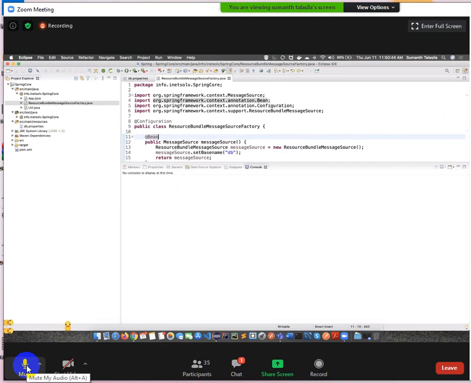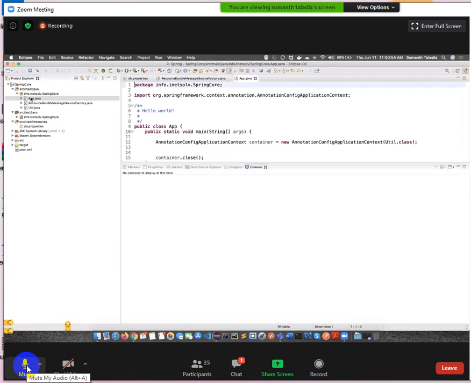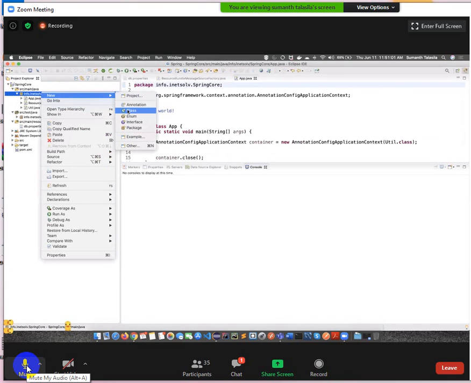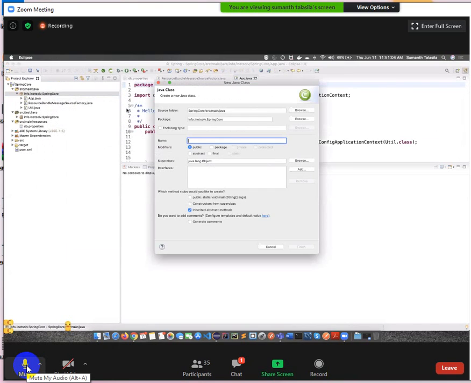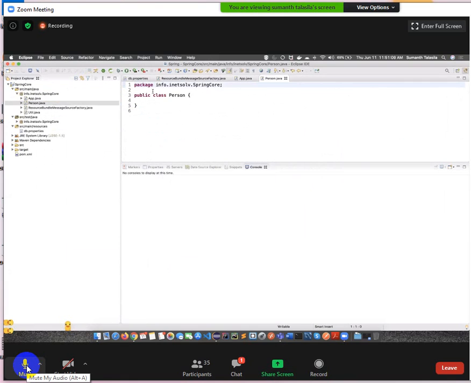Next, in App.java, wait. I don't want to read in App.java. Everything I cannot do in App.java. Different classes we need. We can create a class. I want a separate Spring Bean called Person. Make this a Spring Bean with @Configuration. Now inside that, I want to have a method called connect.